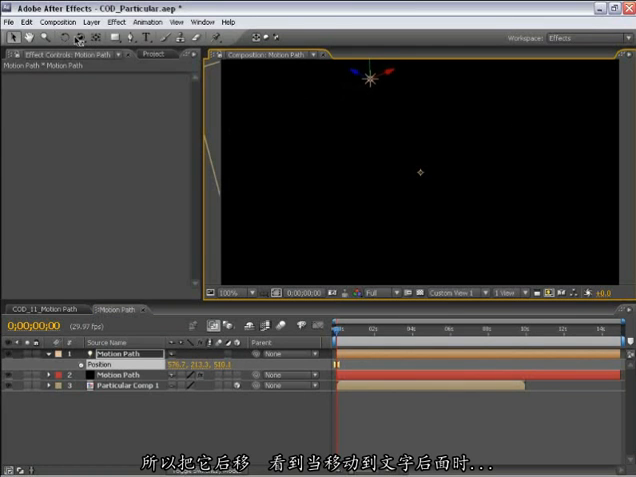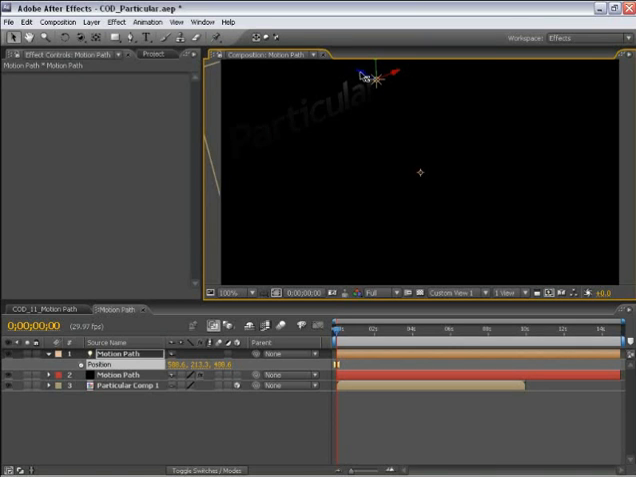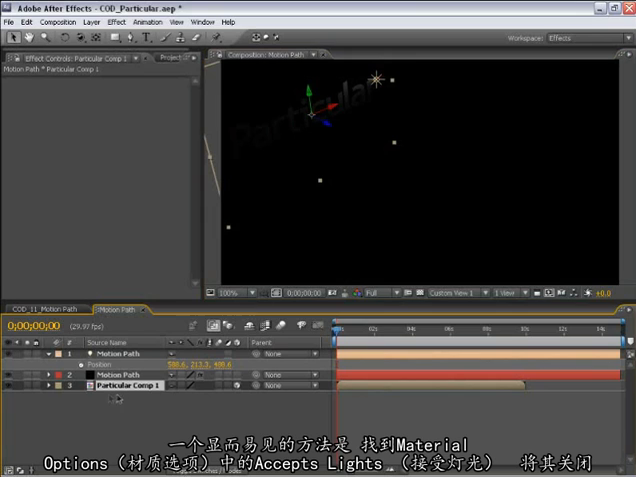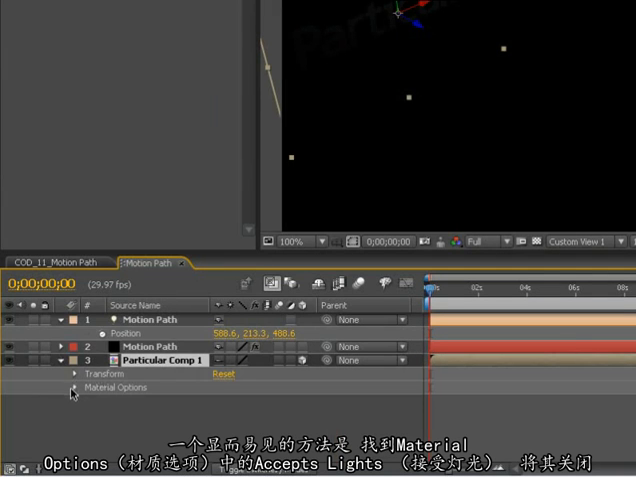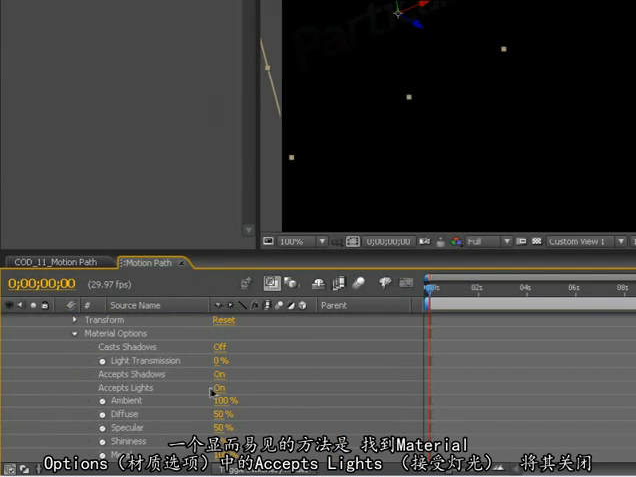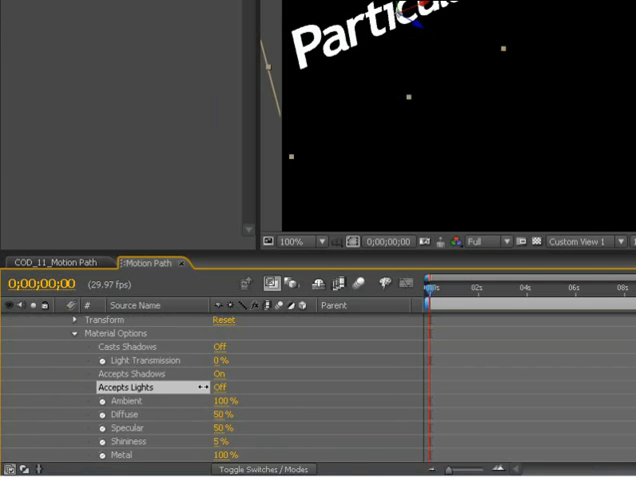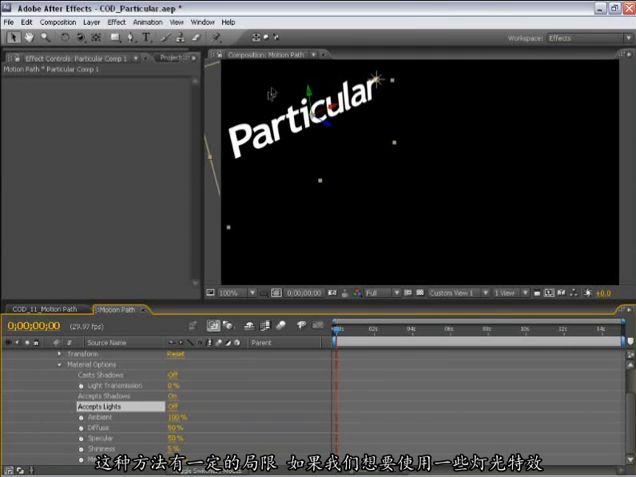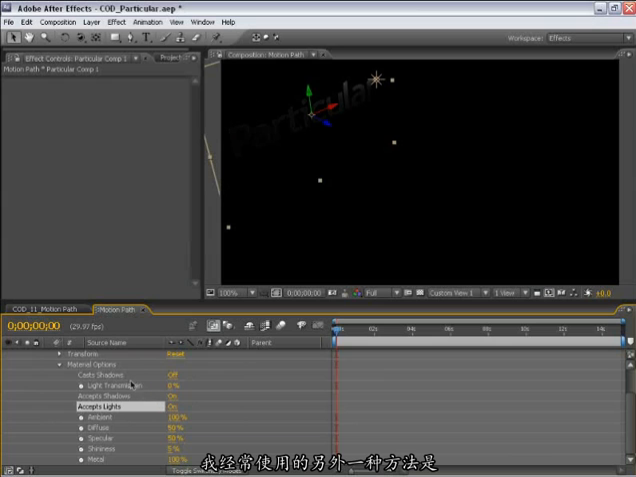Now we can see that as it comes behind the type, because the type is 3D, the type is also being affected by the light. There's two things I can do here. Obviously, one thing I can do is twirl open this object here, go into the material options, and have it not accept lights, which is kind of limiting, because if we would like some light effects on this, we will not be able to do that because we've totally turned off the ability for this layer to accept lights. Another thing that I often do